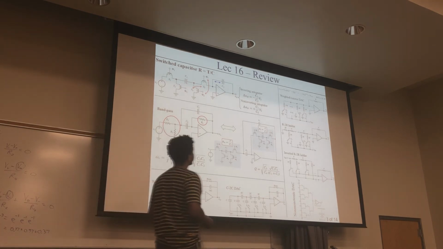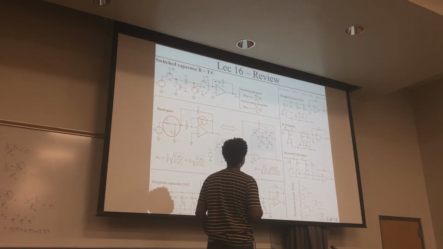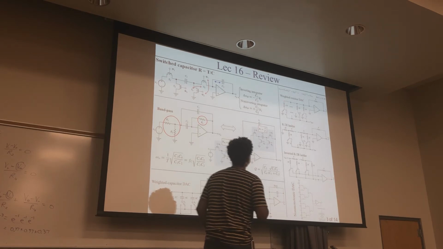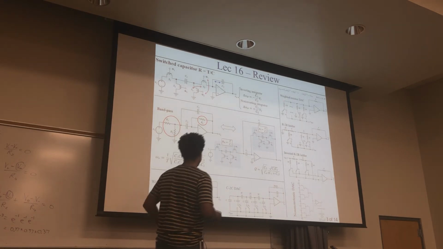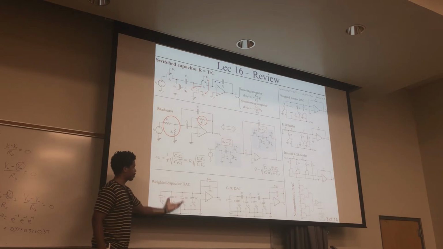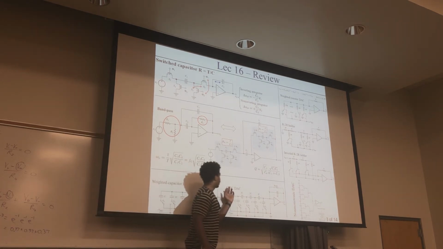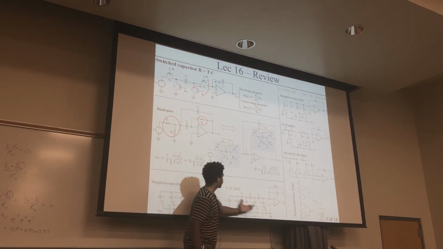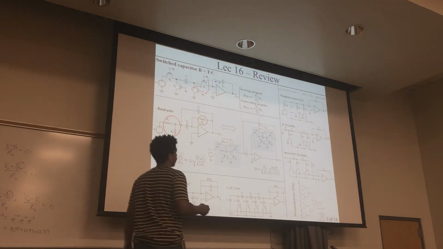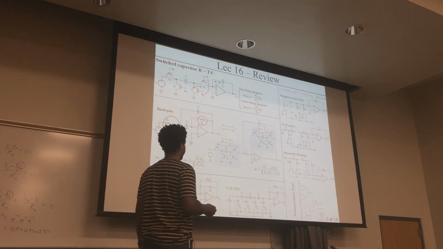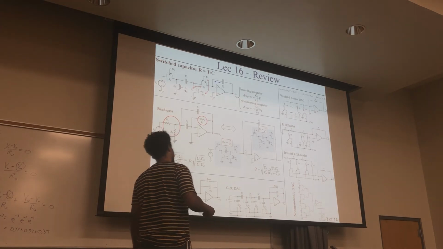We also looked at these digital to analog converters. This was weighted resistor. Here's a type of ladder. You can also do it with capacitors too. Here's the weighted capacitor version. Here's the ladder type of capacitor. Also, we looked at an inverted ladder and also this